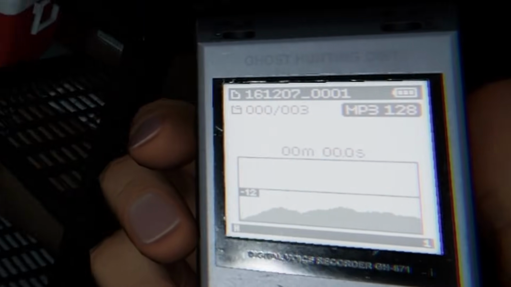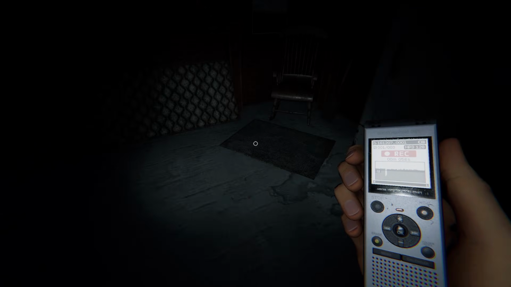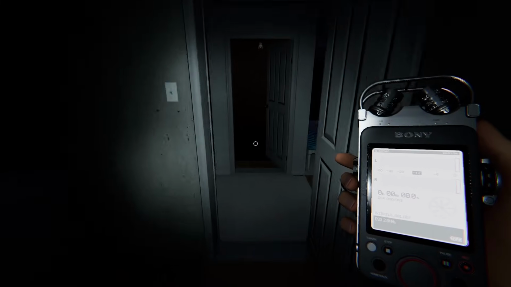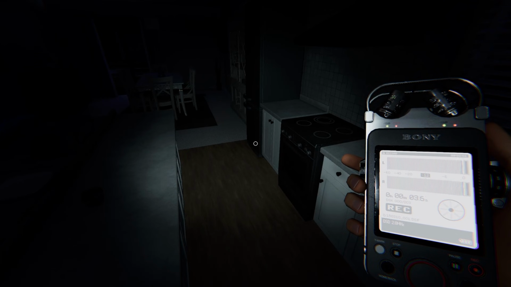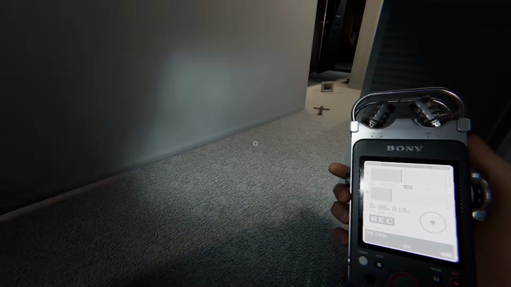Tier 2 will have a baseline at -12 decibels, and once you reach past that baseline, you can record. Tier 3 is similar to the Tier 3 EMF reader, which will show you the direction of where the sound is coming from. You'll be right on top of the sound once the dot is in the middle of the circle. The sound recorder can record unique sounds like the following: Paranormal Talking,